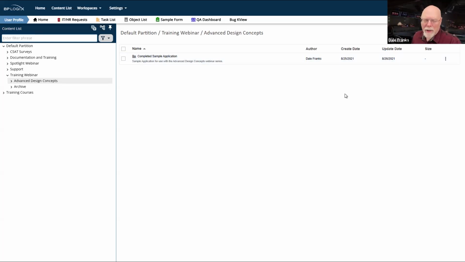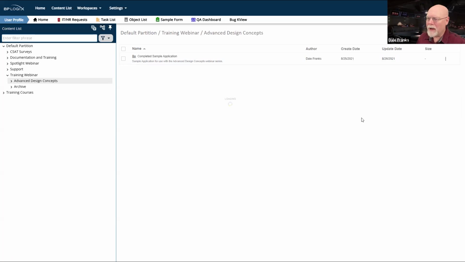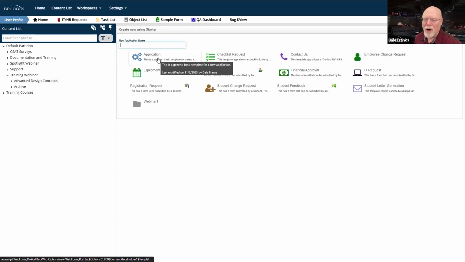To build a new application, the easiest way of doing it is ensuring that you have an application stub inside your template library. So I have a blank folder here, and I'm just going to go to Create New and Start from Template. Now, I have a whole webinar on creating a template stub, but my template stub is basically just called Application.